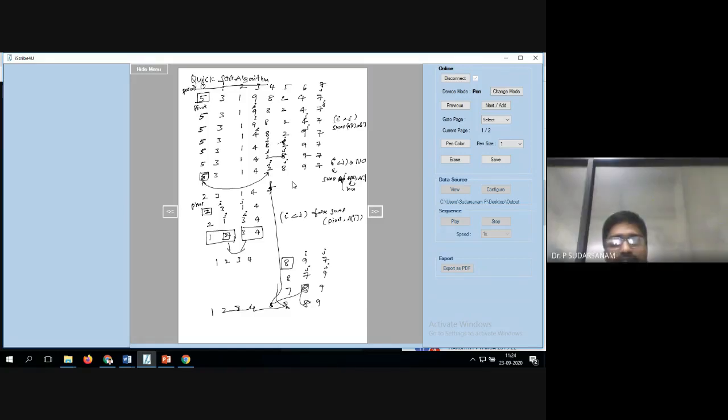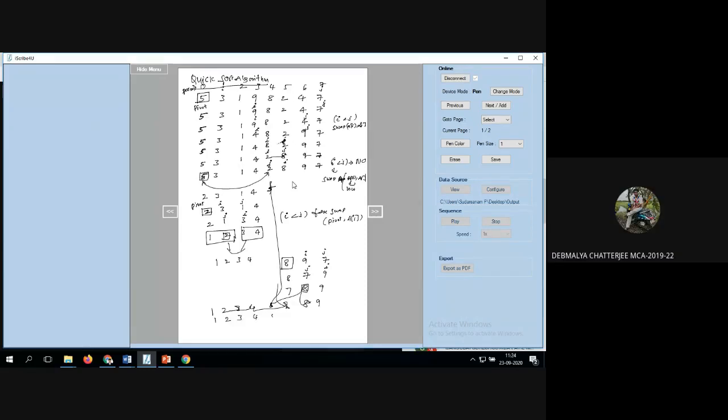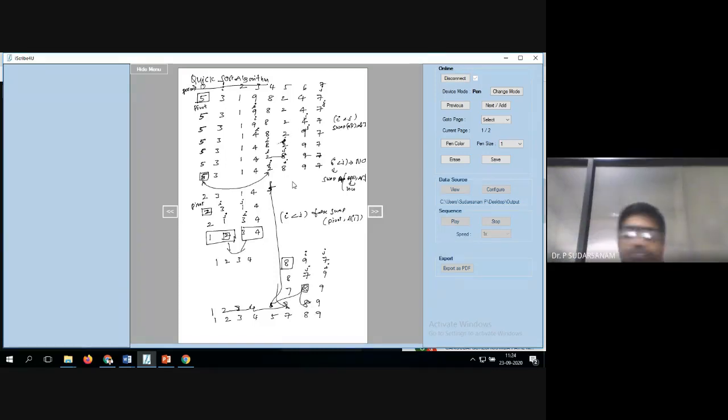Okay. Yes, sir. When I'm using the pen, it is marking over the earlier writing. Okay, I'll rewrite this once again: 1, 2, 3, 4, 5, 7, 8, 9. Because I used my pen above that one on the board, when I'm doing that it is also drawing that one. That is the problem. It will take one or two days for me to adjust.